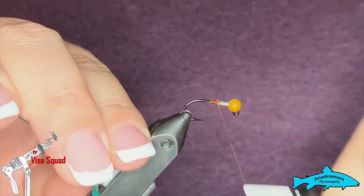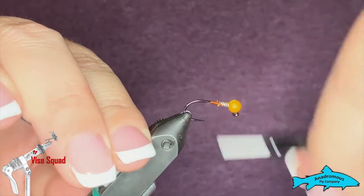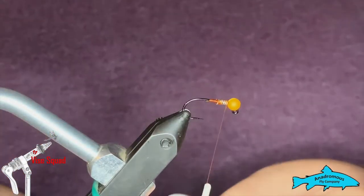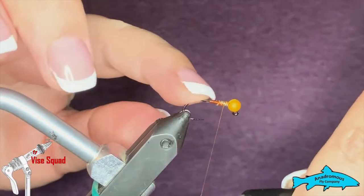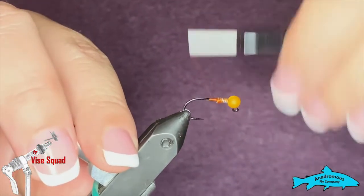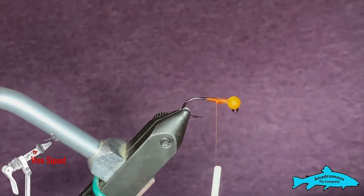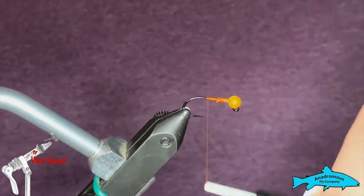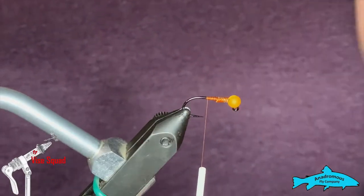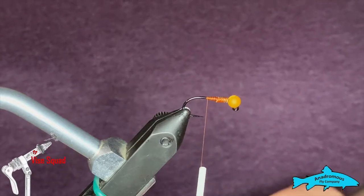So we will go ahead and make some wraps over this lead. And then as you can see, it's not going anywhere. And as I stated, this fly does have a little bit of a taper, so we're just going to go ahead and build that up. All right, guys, and that's good. You don't have to get absolutely crazy about it because we will be wrapping a body over it. So no stresses there. The next thing we're going to add to this fly is going to be some wire